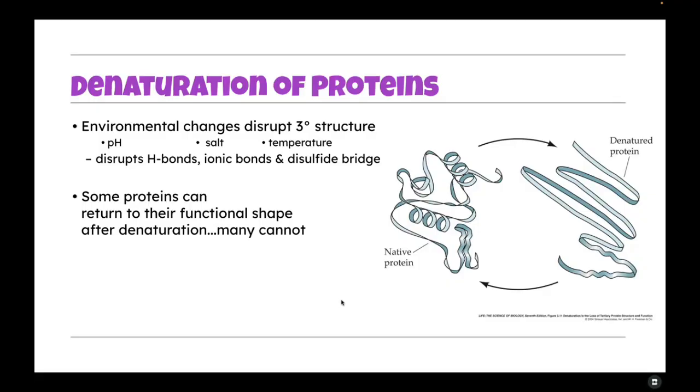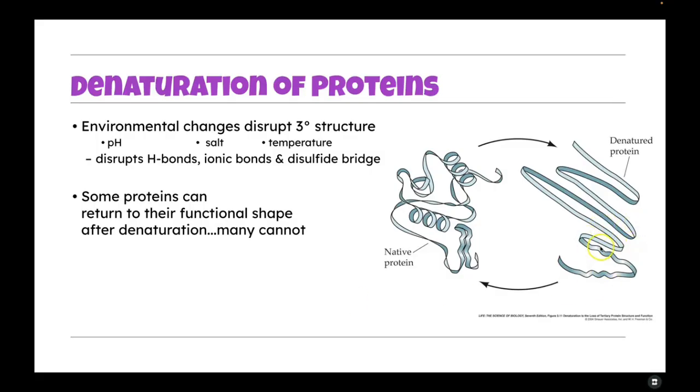All right, and we talked about denaturation. We basically said that pH, temperature, things like that can affect the way proteins fold. And this is what we call denaturation. Denaturation is what happens when proteins lose their shape. And so they denature. It's kind of like if you have origami and it unfolds